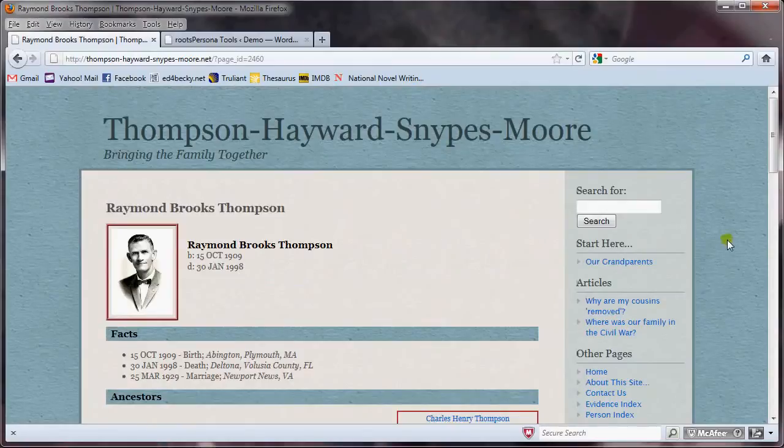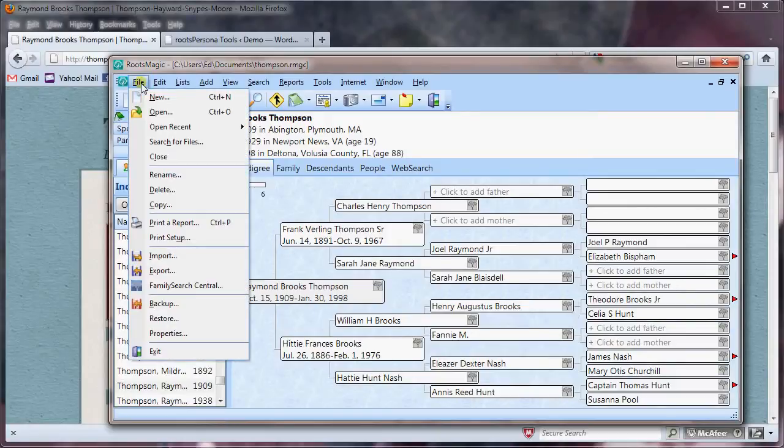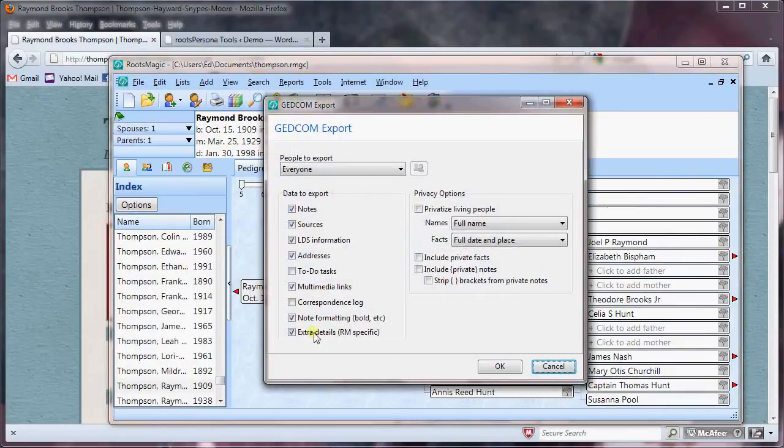So let's get started. My software of choice is Rootsmagic, and you can use any genealogical software to generate your GEDCOM file, whatever your favorite tool is. All of the respectable software is able to export in the GEDCOM format, as the GEDCOM format is the standard. So I'm going to select Export, and here I can choose the types of information and whether I want to include living people. I'm just going to export everything,